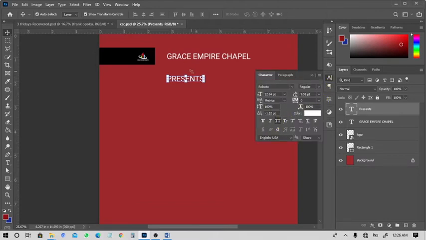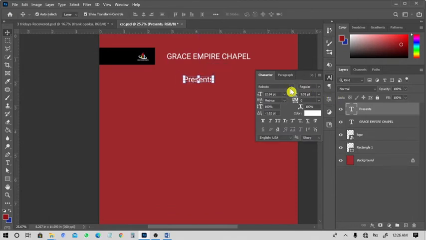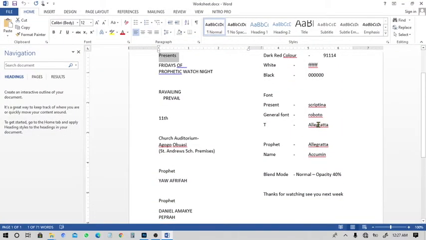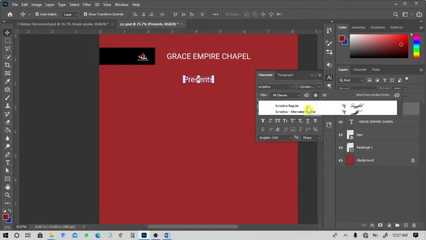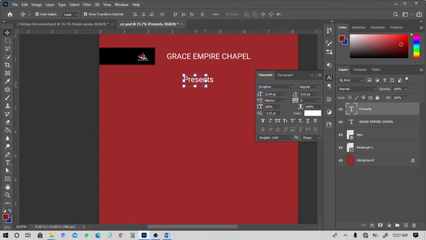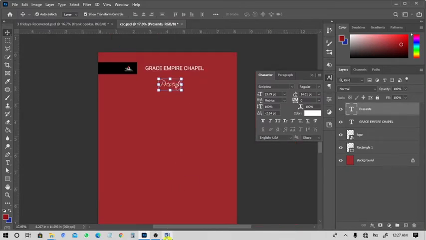You see that my text is all caps. I don't want it that way, so I can click on the all caps button to turn it back to only the first letter being capital. Then from here I'll change the font name, and you can see the font name that I use is here, Scripting. So you can just copy this. If you don't have this, just copy that and paste it on Google, and you can download the font. So it is here. So I'll just select the font and I can rescale it as I want. So from here I'll add the rest of the text.